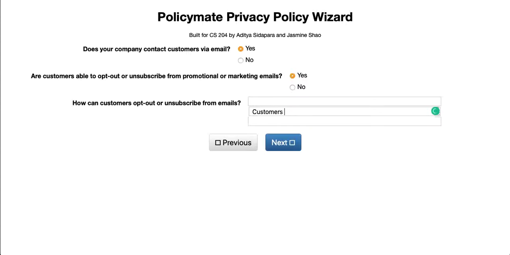Customers of FriendMatch may opt out of emails by clicking the